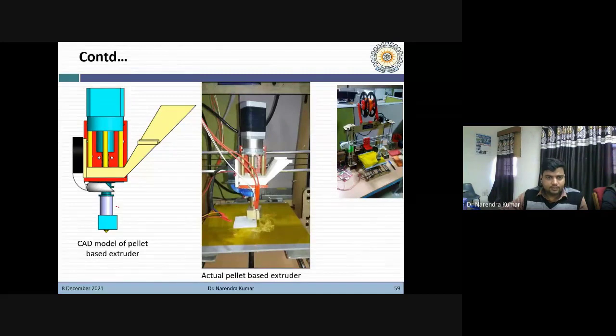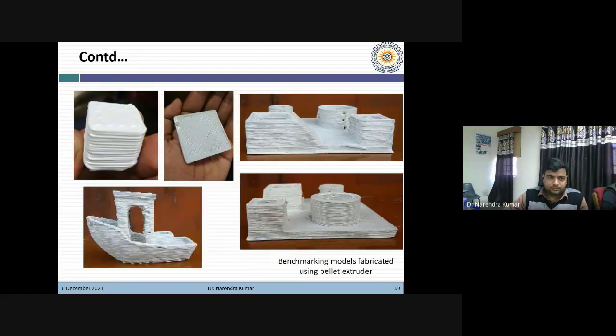Here you can see the real picture of the extruder head. This was the CAD model that we developed, and this is the actual extruder head that was mounted on the filament based printer, right? So let me show you some of the pictures that we have fabricated. You can see this is the model of a cube. Initially this kind of results we obtained, right? Here this is a simple flat disc, okay.